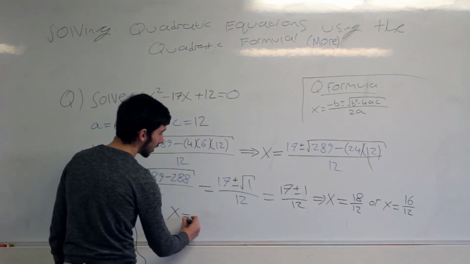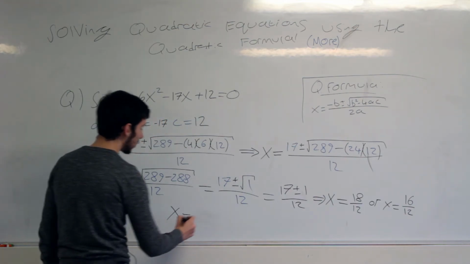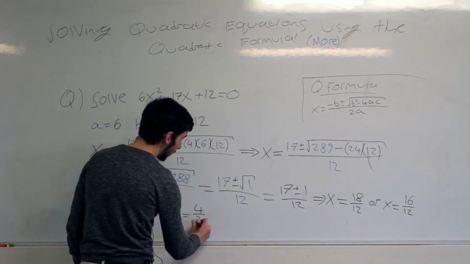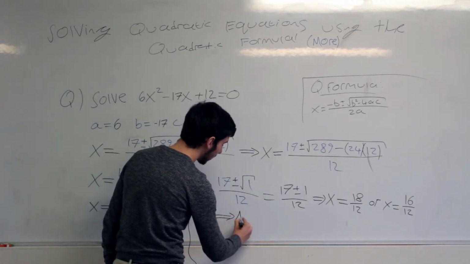Or let's look at 16 over 12. Well, we can divide 16 and 12 by 4. So let's divide them both by 4. We get 4 over 3. Therefore, our answers